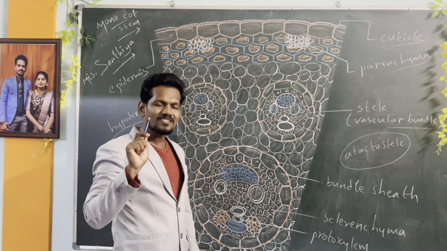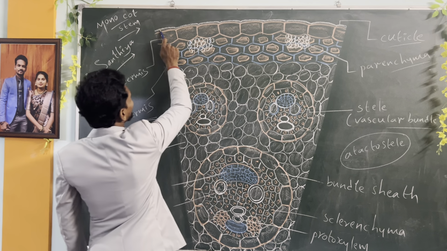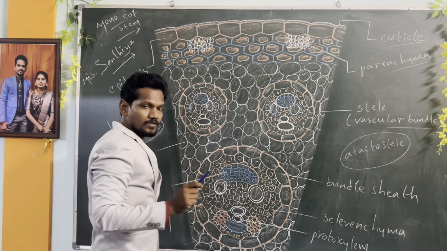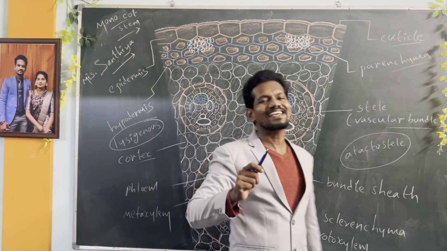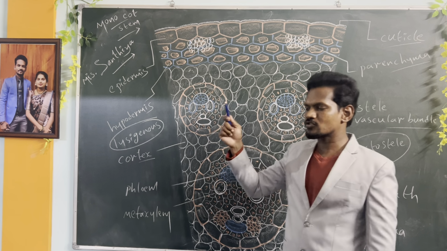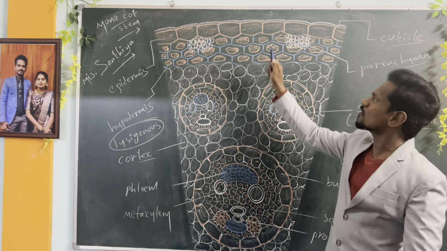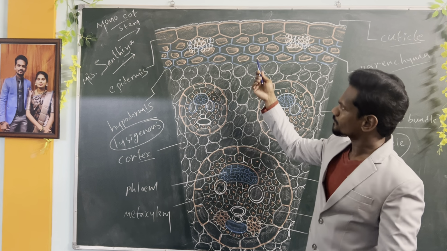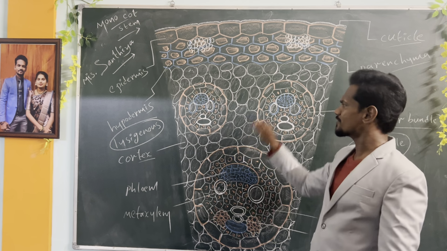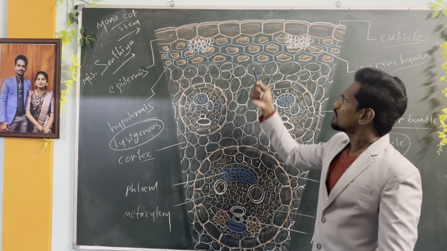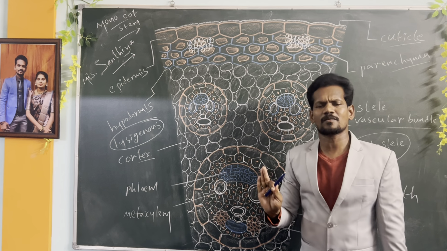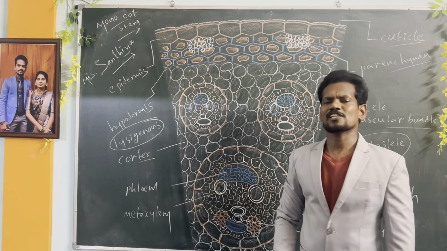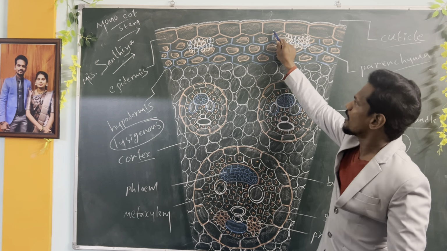On the epidermis, there is a thick waxy coat that is known as cuticle. So the cuticle is thick. If we compare to dicot stem, monocot stem cuticle is thicker. I have told you already the main function is protection. Stomata are present here and there, they help in gaseous exchange and, directly or indirectly, the transpiration process. Followed by